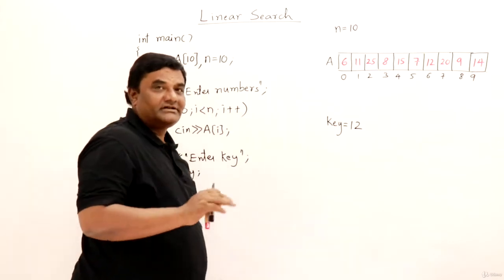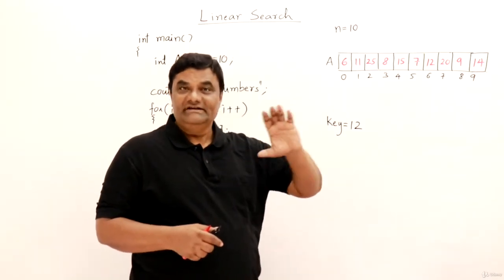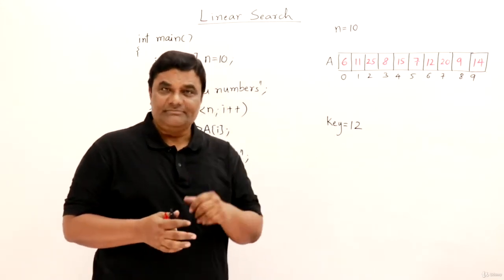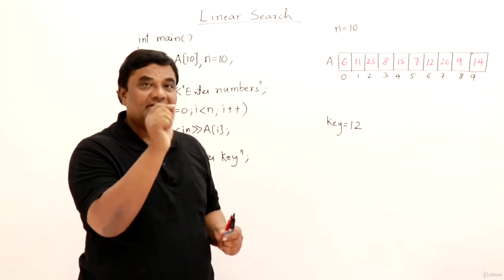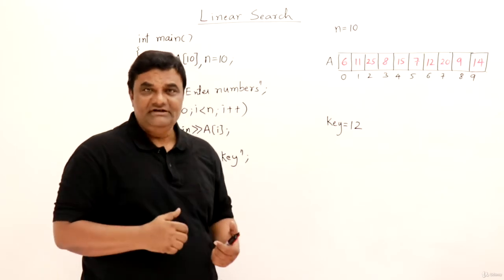Now first method, that is linear search. What is the search method? How it works? See, suppose you have some books in a shelf in a rack. They are not sorted. You are searching for a book. So you have to look at the books one by one until you find a book that you are searching for. So same process we will adopt here.